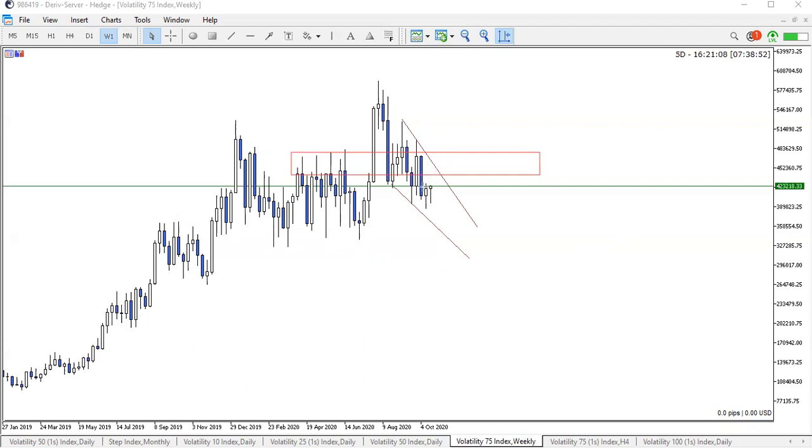So we'll be anticipating another touch on this trend line up in here, or this zone in here, to push price slightly a bit lower, possibly, right? Into around the significant level that we've got below here, which I have been speaking about for quite a while as well. So that is something just to be wary of on Volatility 75.